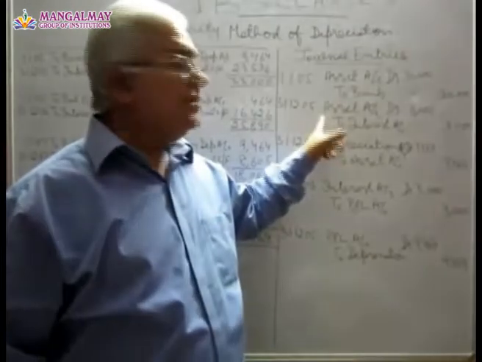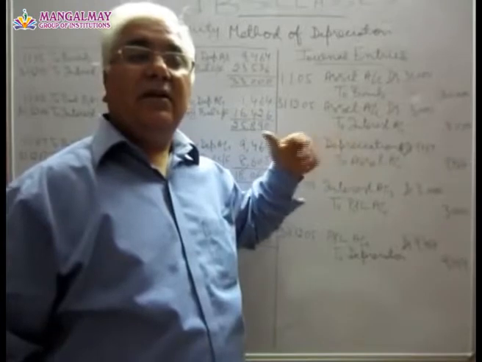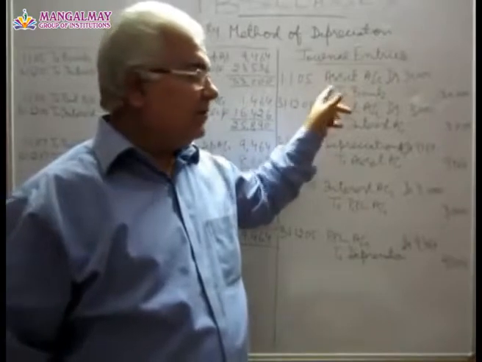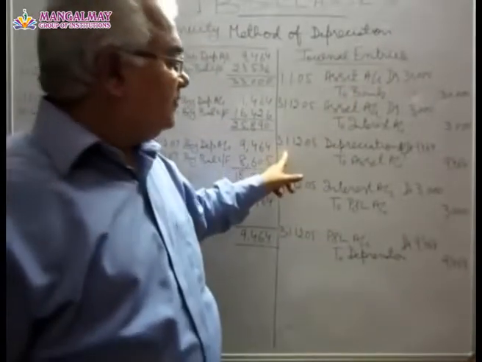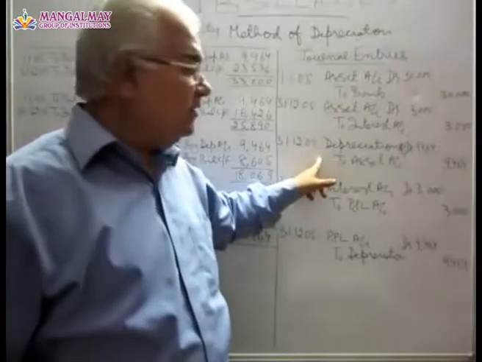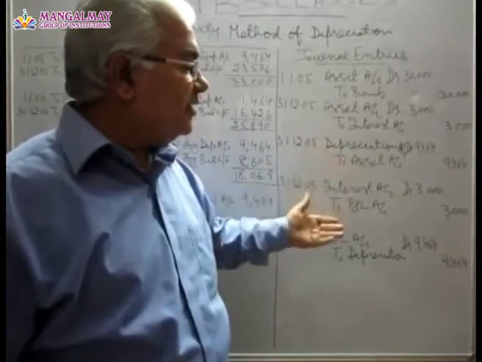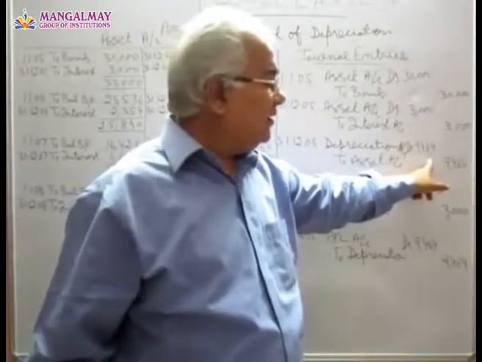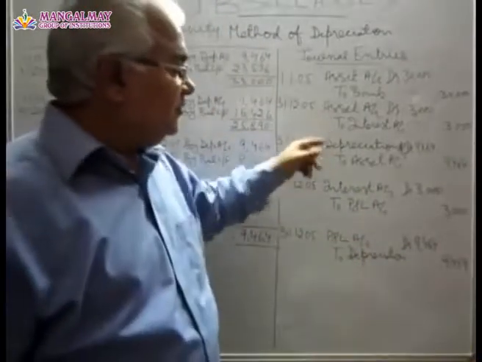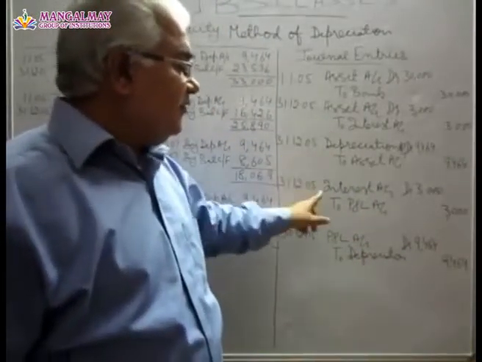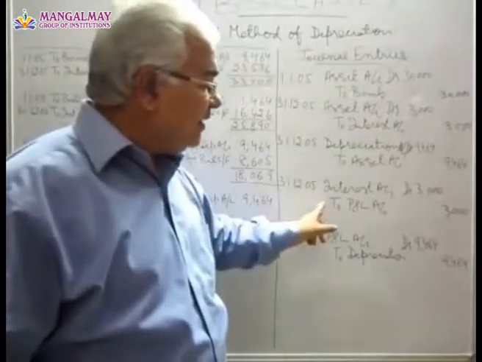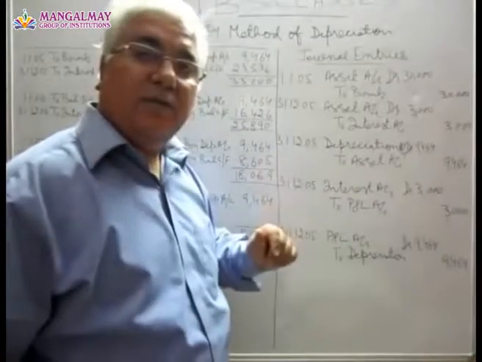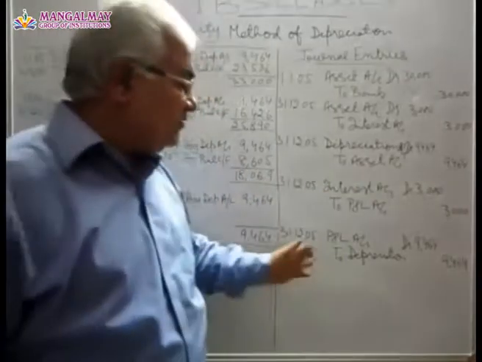That means we have debited asset with 3,000 more. That means we are recognizing the opportunity cost of this 30,000 invested in asset. Okay. And at the end of this year, again we charge depreciation, normal entry, depreciation to asset account. This amount, we have already calculated. You know how we calculated it, right? Now this 3,000 which we charge as interest, being the income of the firm, will be credited to P&L account. So entry is interest account debit to P&L account, and depreciation being an expense will be debited